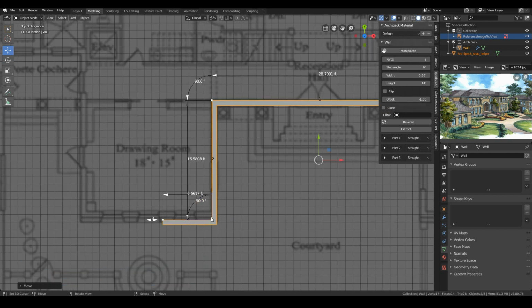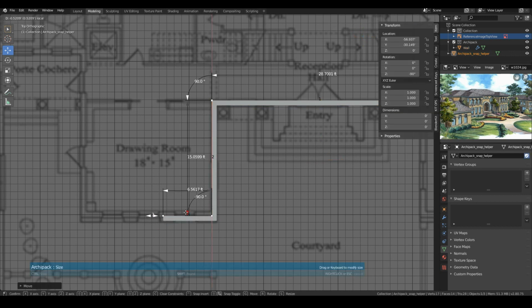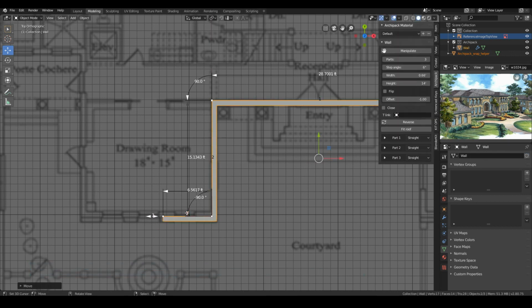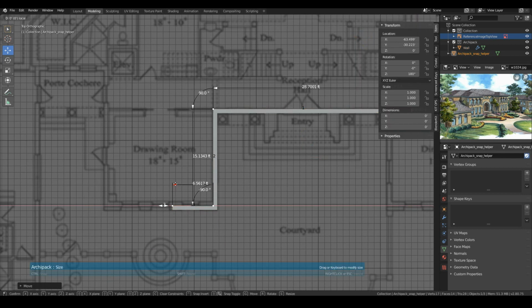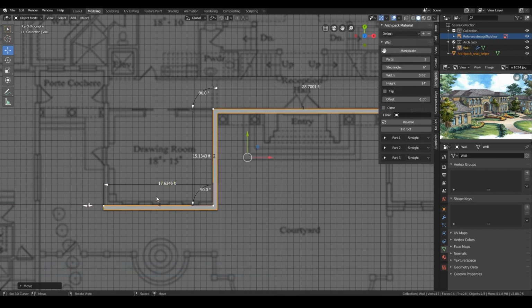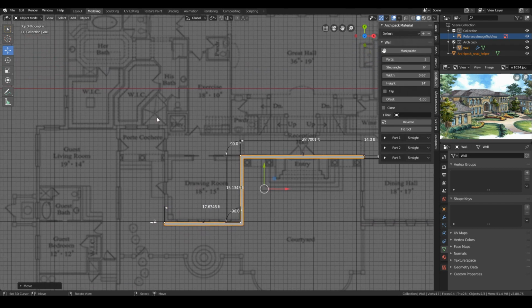So that's pretty accurate. Maybe this wall is sticking out a little bit, so to be more accurate, I might move this one in a little bit. You can see straight away how customizable this wall feature can be. Now just drag out this one all the way to the end, and I pretty much go ahead and do the same thing throughout the rest of the house. So go ahead and add in one more part, click on that one, change it to -90, pull this one upwards,